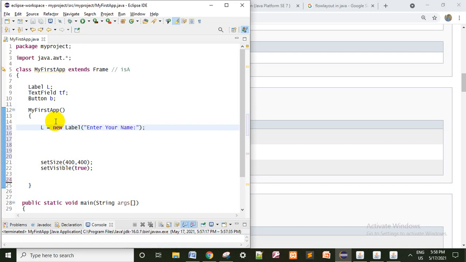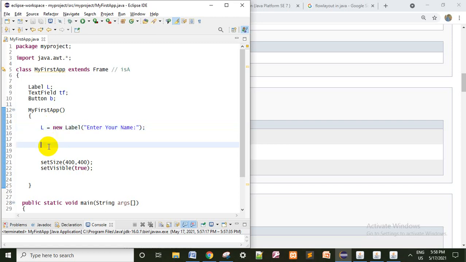So when you create an object for label, will this display in the frame? No, because we need to add the components into the frame. So must and should have to use the add method.